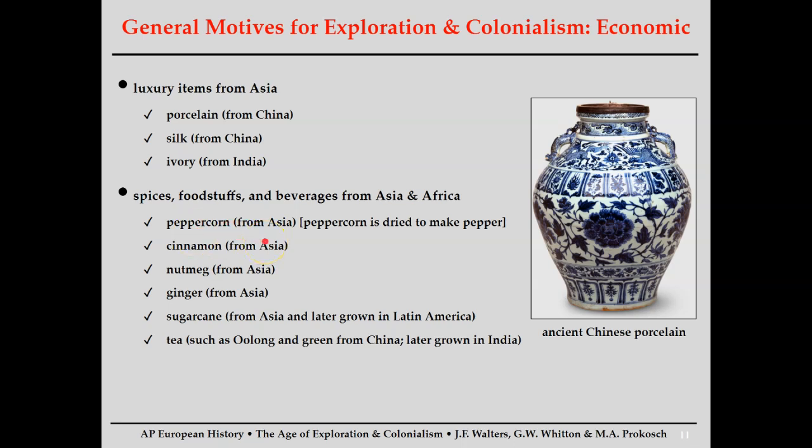If you're writing about this, don't just say they wanted spices. Talk about peppercorn. Talk about cinnamon, nutmeg, ginger, things that are so important when we make a lot of confectionery goods. Sugar. Oh man, you gotta star sugar. You gotta know sugar. Can you imagine your life without sugar? No, you can't. Sugar is going to be the most profitable of all of these cash crops because, folks, people want their food to taste sweet.